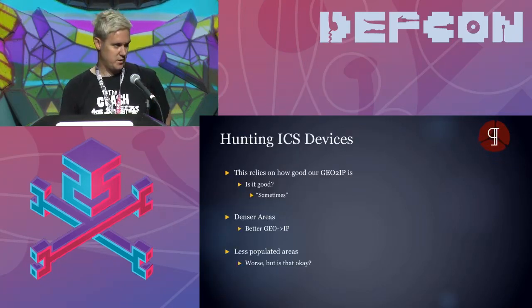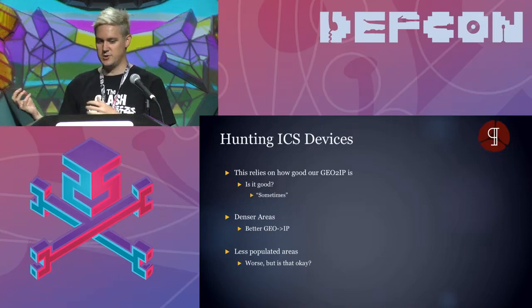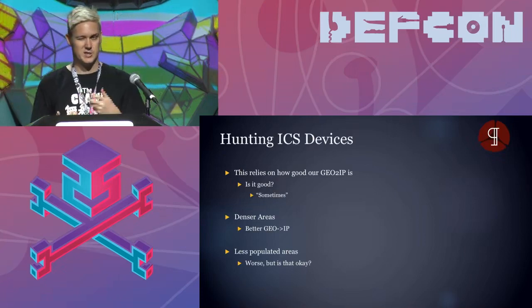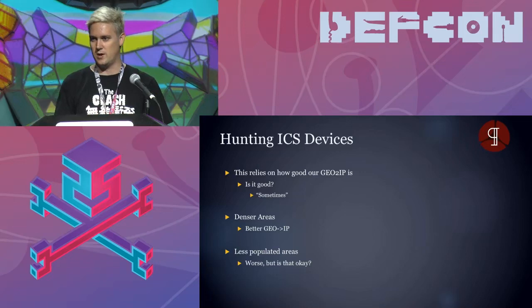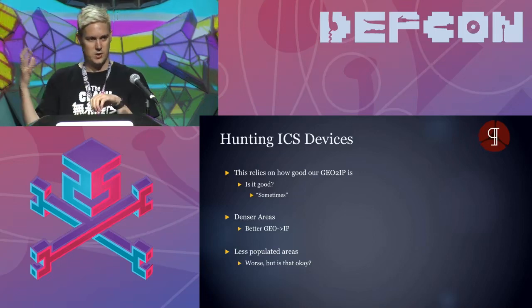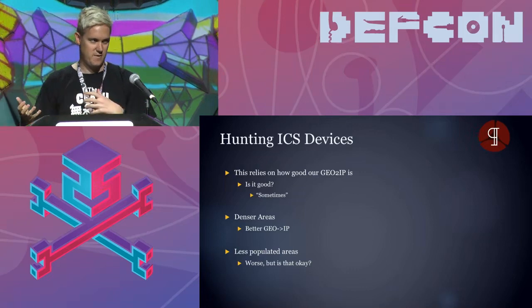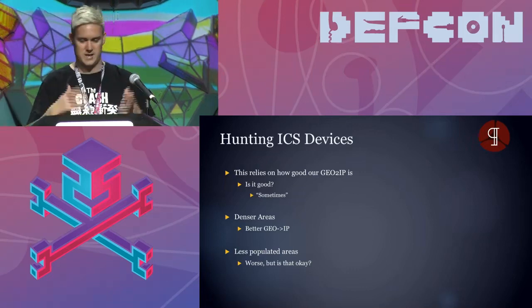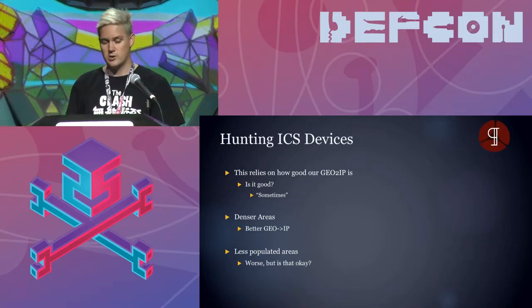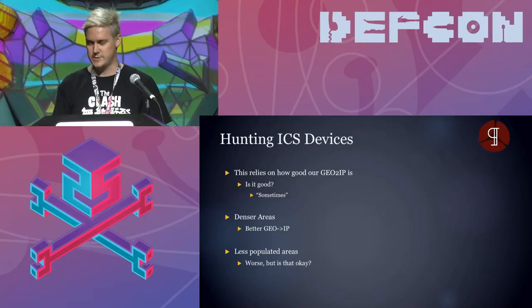So just as a side note on this, the only reason that we have the ability to do this is that we're arguing that the geo to IP stuff works pretty well, right? We're saying if I give you coordinates, you can tell me IP addresses around there. I can scan those IP addresses if they have the right sort of ICS stuff that's there. So if people ask, hey, is this actually good? Sometimes, right? That's like the best I've got for it.